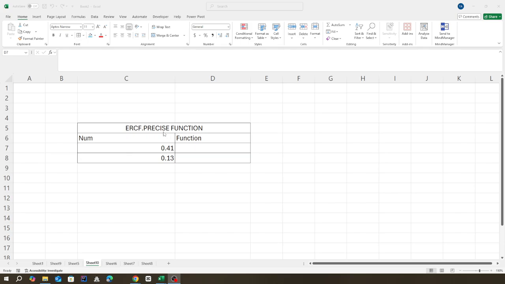The way we apply this function to numbers is not complicated because this function only has one argument, which is the X. In this case, the X is simply the lower bound for integrating ERFC.PRECISE. To write down our function, we will start with an equal sign. And then we can just write down